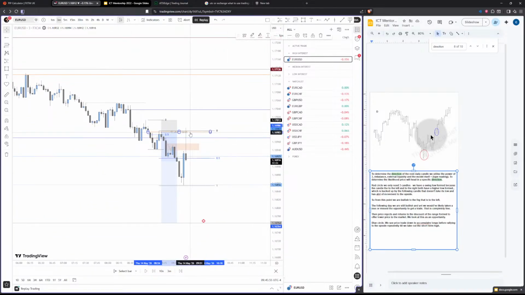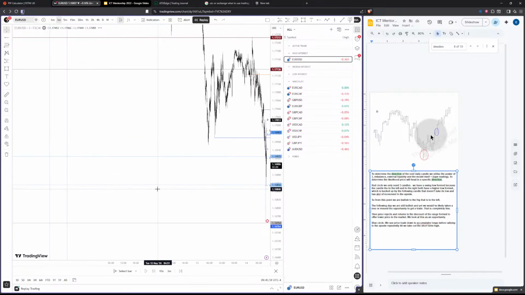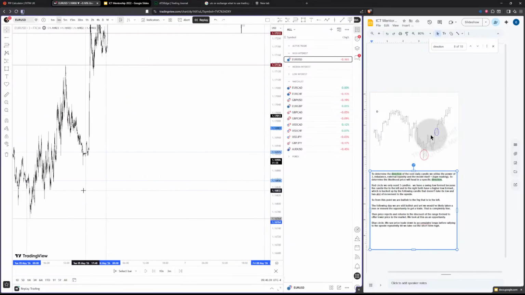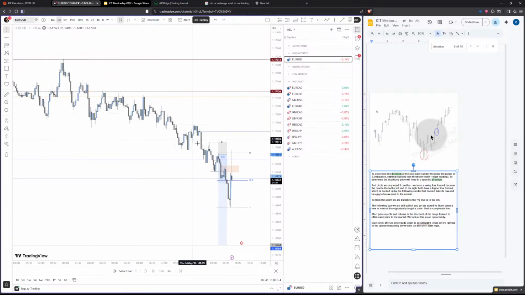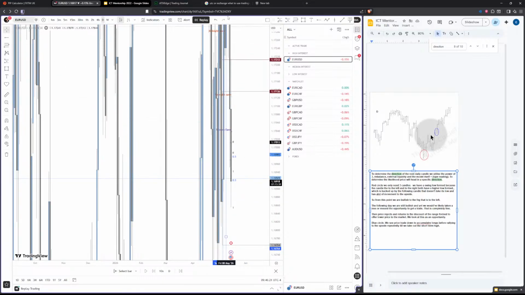Probably actually wouldn't enter that. What is this though? What caused that? I just think it's random. They just wanted liquidity to take people that moved their stop losses. This is the problem with compound trading, that these types of moves would have taken you out. Up here you're fine, but over here all of a sudden you're not. Anyway, let's figure this out.